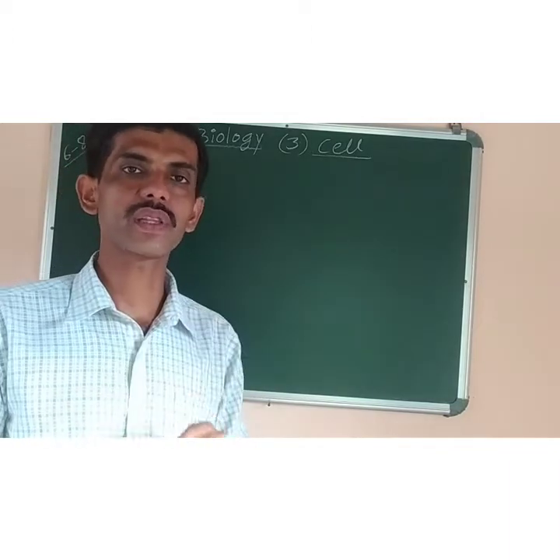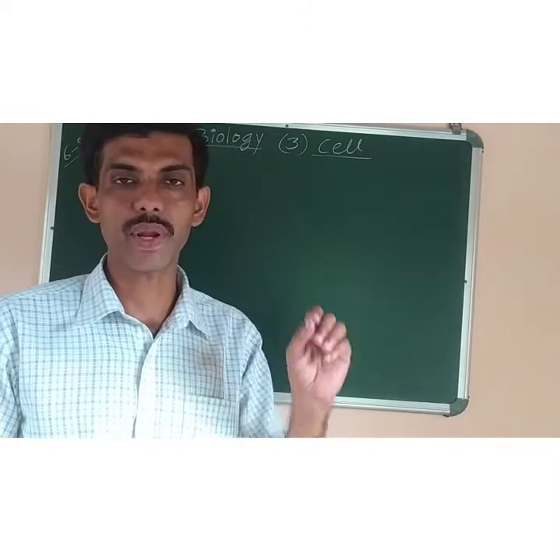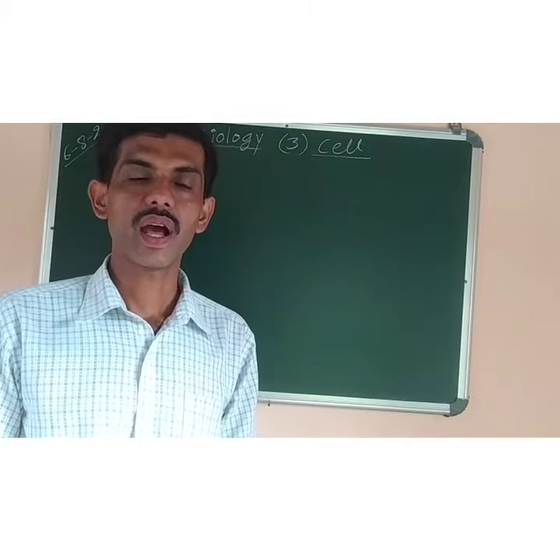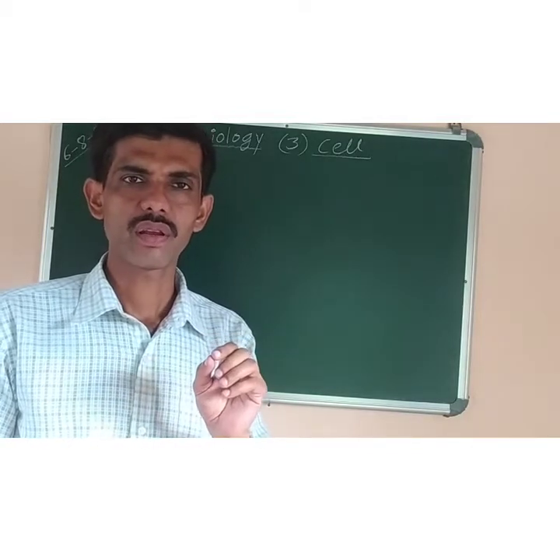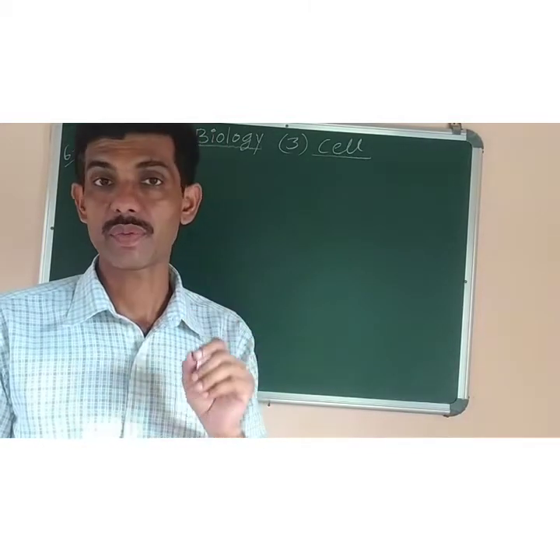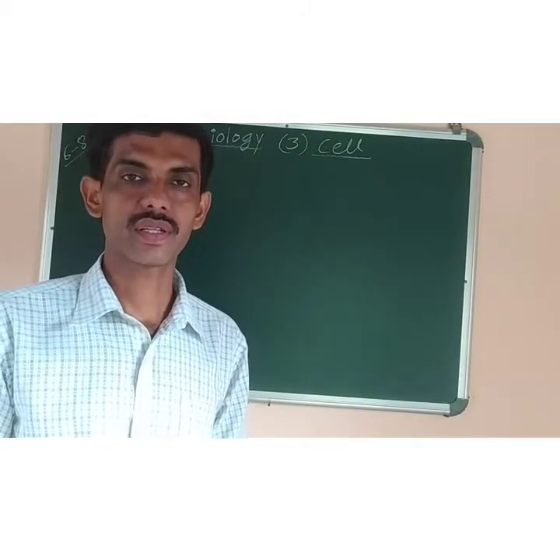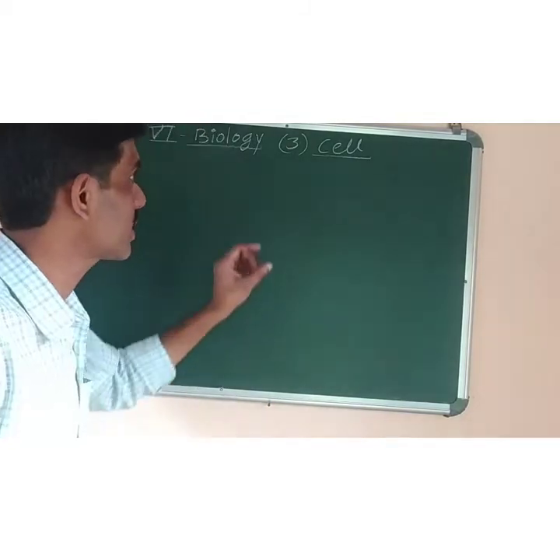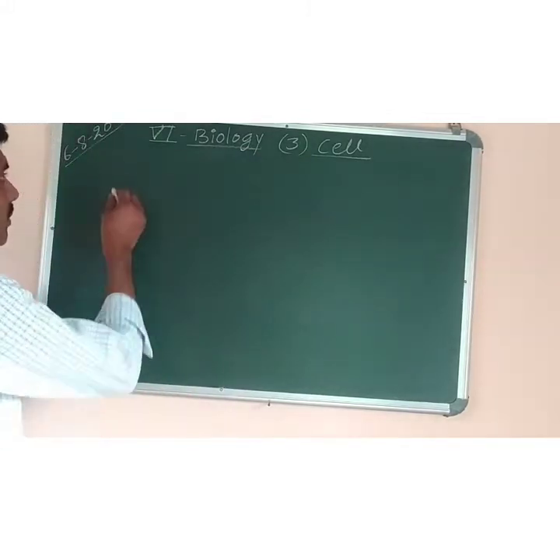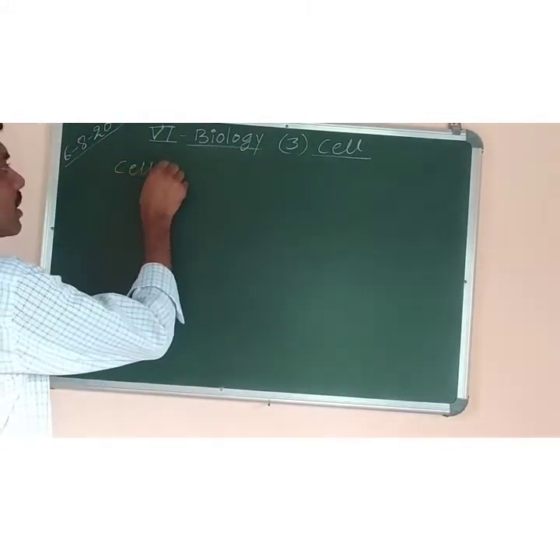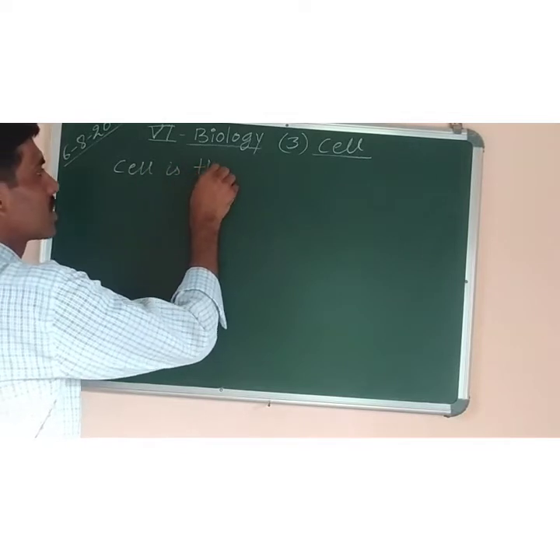Means all living things, either you take any plant or an animal, are made up of very small, invisible structures, the ones which cannot be seen to our naked eyes, microscopic structures called cell. So first you should know the definition of cell. Cell is the structural